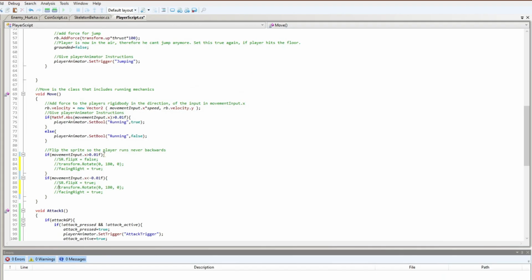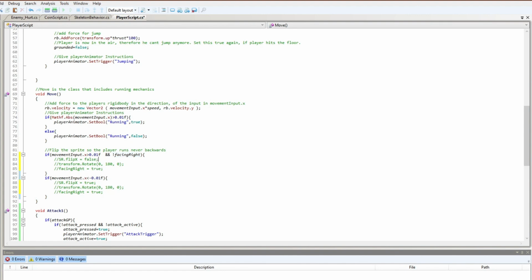So when we hit the movement inputs, we have to check in which direction we are already walking, and if we change this direction, we have to flip the whole player character. So when we move to the right, we will check if facing right